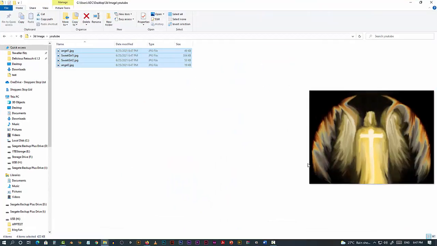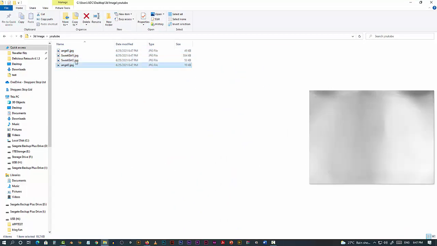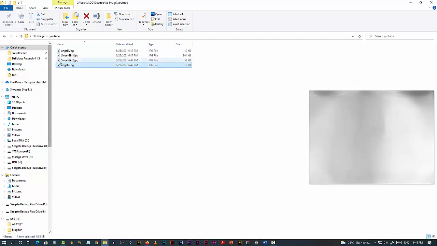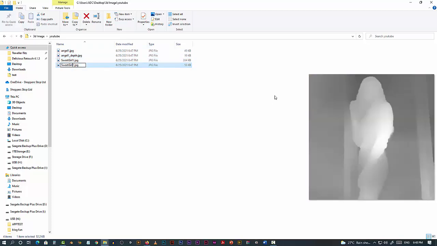Okay, so this is image 1 and this is image 2. So what I'm going to do is just rename it like this. Same thing you have to do for this as well. All you have to do is rename the same thing and just add this depth.